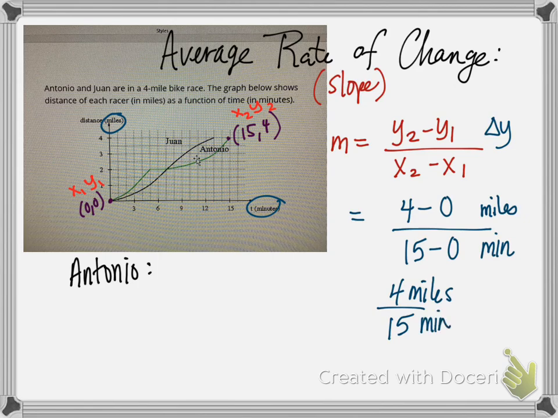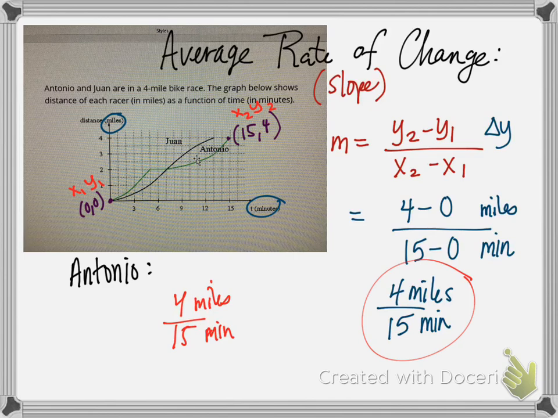And writing the units there. That tells us, if we read this, that it took him 15 minutes to go 4 miles, the entire race. And if we want to, that's our answer. So if we want to actually interpret this another way, so 4 miles, 15 minutes, I can